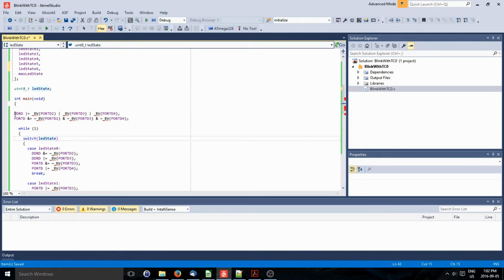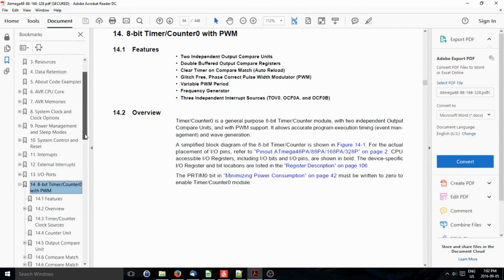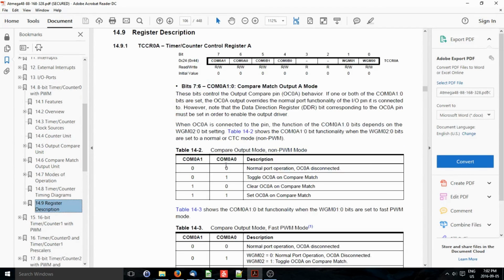So our I/O ports have been set up here, so the next thing is to look at the timer. Now the timer has two control registers. Let's just scroll down here and go directly to the register descriptions. Timer control register 0A, the 0 just means timer 0. The other two timers have the same names for the register, just that this number is actually 1 or 2 for the other timers, and all three timers have the same registers here, and I believe essentially the same